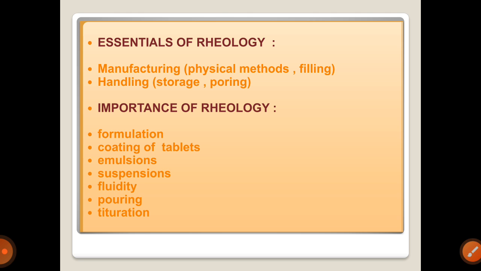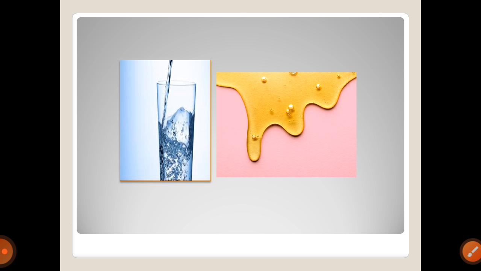Why are we coating? We are coating to protect our mucosa, our intestinal lining, our stomach, and to protect against degradation, meaning the breaking down of that product or active ingredient in our stomach acid. If the coating is too thin, then our stomach acid will easily degrade it and cause absorption much earlier than we required or needed. So coating is very important, and the material which is going to coat the tablet must be most efficient or most effective. Yes, like water, and this is the honey. Can you observe the flow of water?